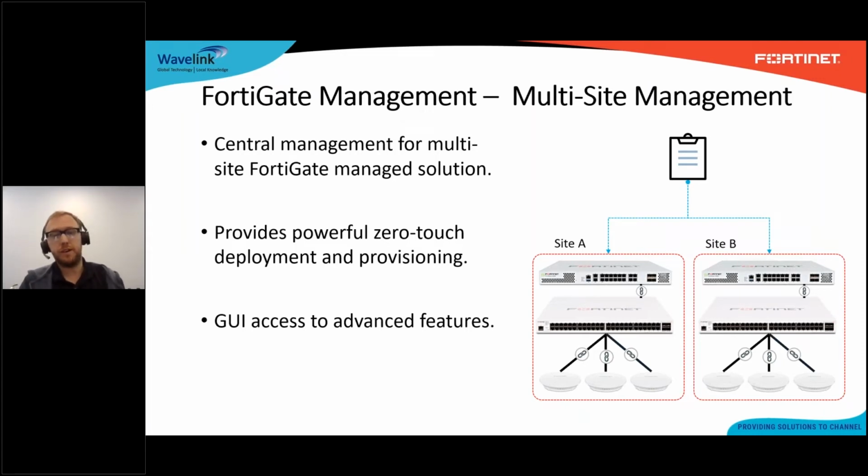FortiManager also provides graphical user interface access to a lot of advanced features that aren't available on the graphical user interface on the FortiGate itself. And this sort of allows technical teams to easily configure advanced switching features without having to remember what the required CLI commands are. FortiManager is also a key part of the zero-touch deployment and provisioning for FortiGate managed deployments, and